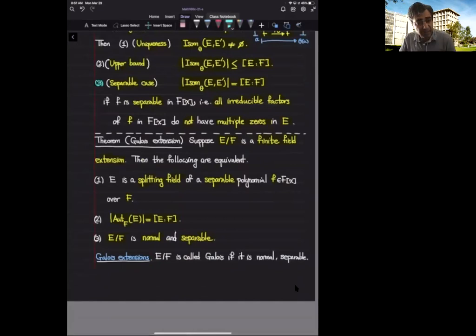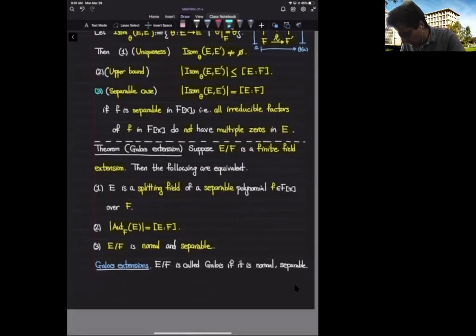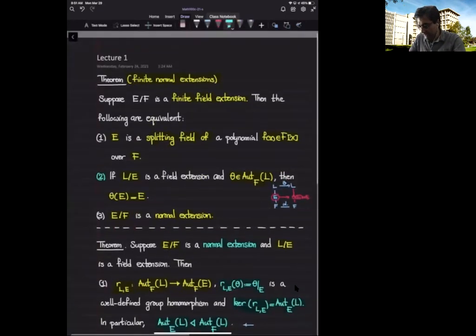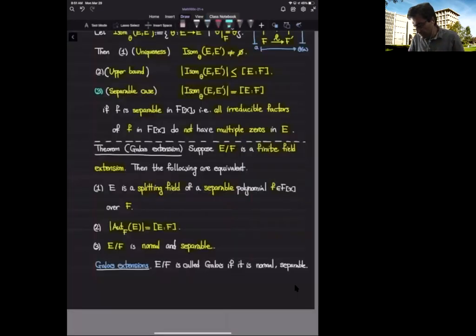Then why 2 implies 3 was more subtle. Again, we used this previous result, but we had to use the ideas of the proof as well, not just the statement. And why 3 implies 1 was an argument similar to what we had over here when we wanted to show that a normal extension implies that the extension is a splitting field of some polynomial. We went through that argument for a finite normal extension, and then checked that the polynomial that we end up getting is indeed separable because of the separability condition. So these were the major results that we proved, and this last theorem